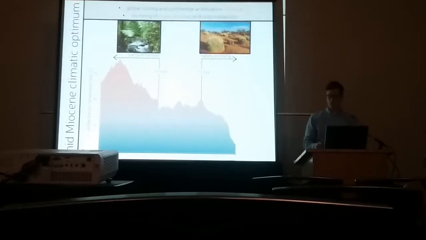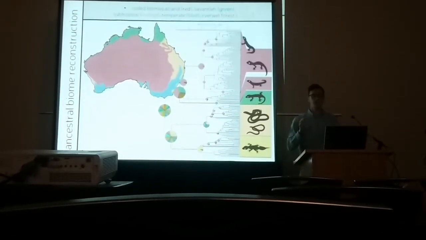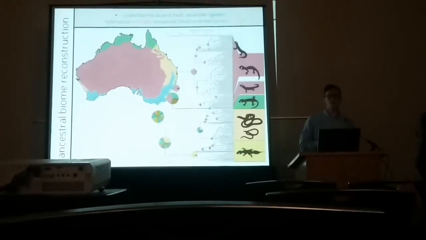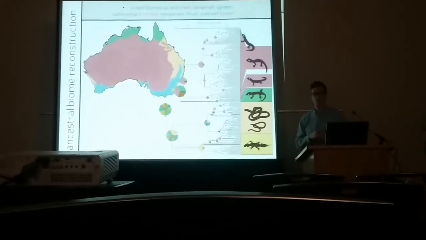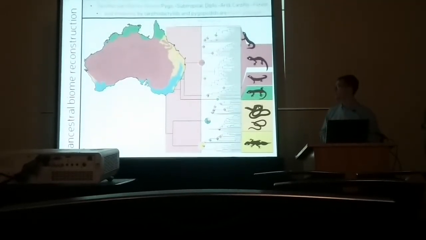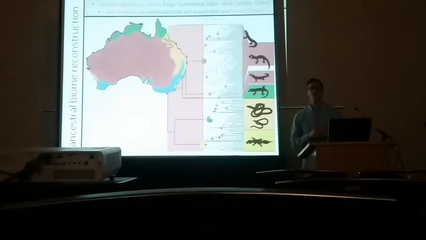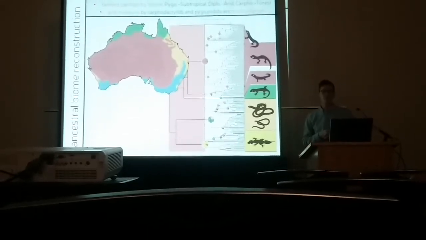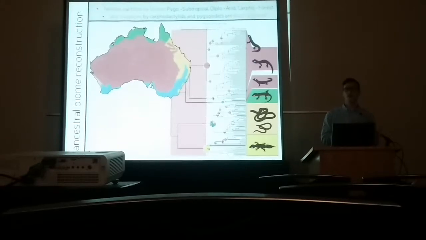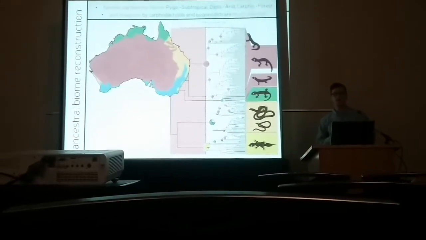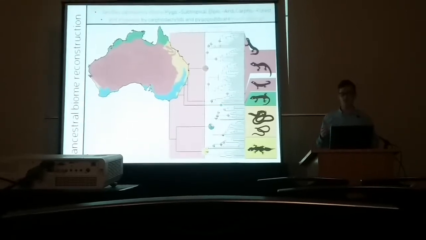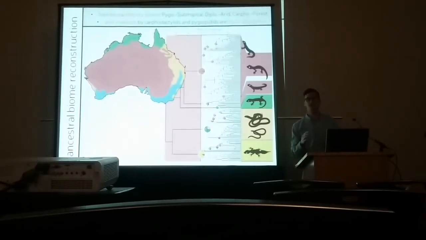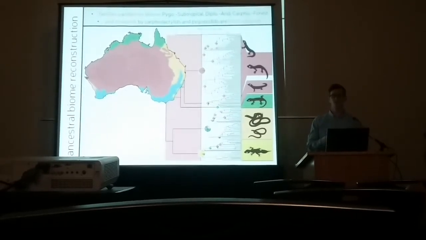So this rapid aridification occurred about 15 million years ago or so, and we can look at how this broke up our geckos and how it influenced the different diversification of the groups by doing an ancestral state reconstruction for these families. And if we ignore the first 30 million years or so ago, because it's likely impacted by the extinction that we saw earlier, we find that all three families, the crown divergences, reconstruct to different biomes. So the carphodactylids to a forest type, the Pygopodids to a subtropical type, and the diplodactylids to an arid type, which may help to explain some of the imbalance in species richness between the families.